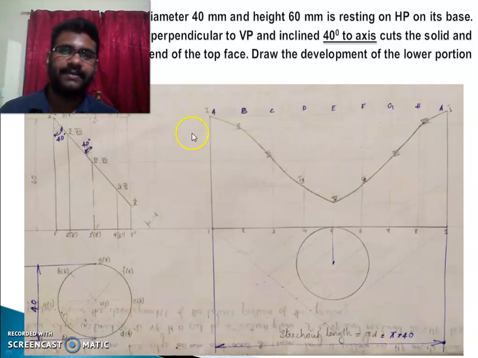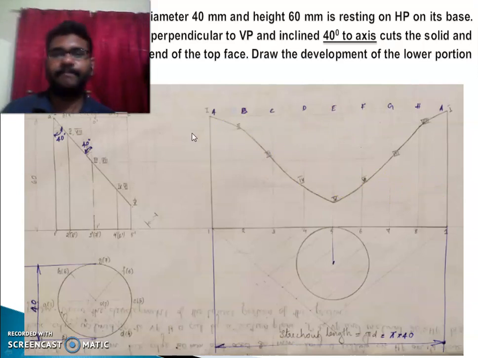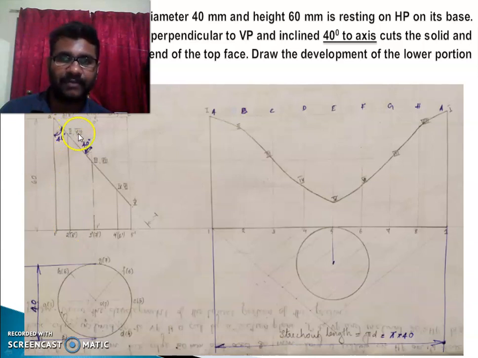Then, as in the case of the prism, to locate the section point you can directly transfer this point into the corresponding generators. Just transfer this section point. The first section point is on A, so locate the first point on A. Here also A, so this point is also 1. Then the second point is on 2B, so transfer that point, that is, draw a line parallel to the X line